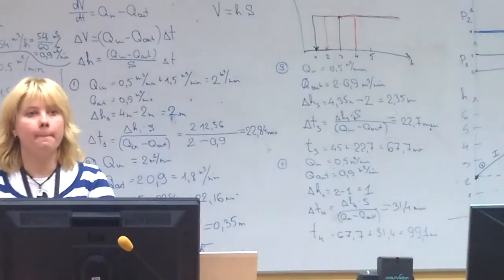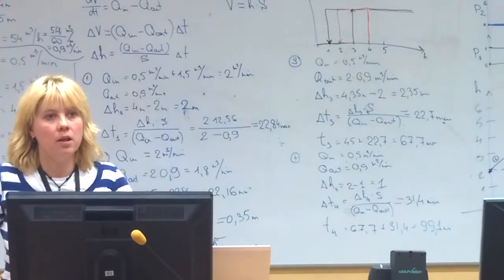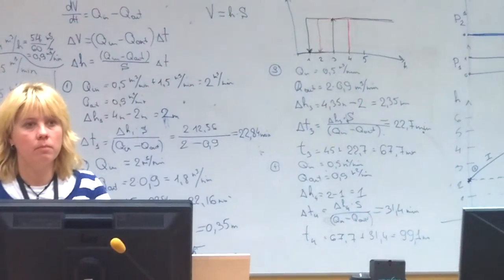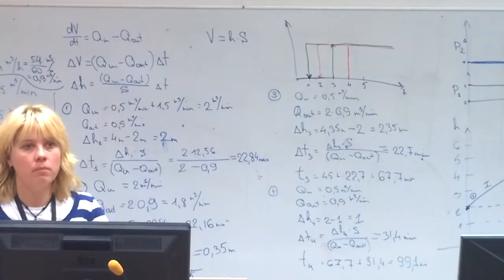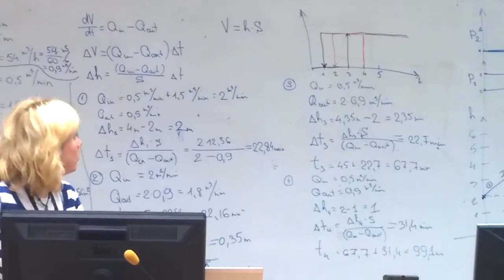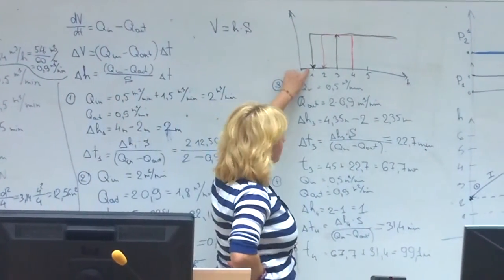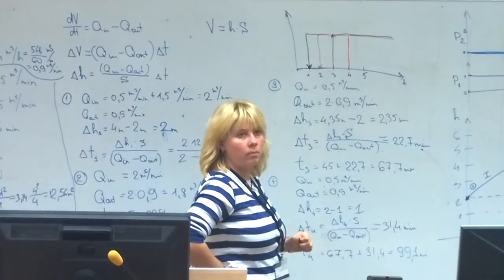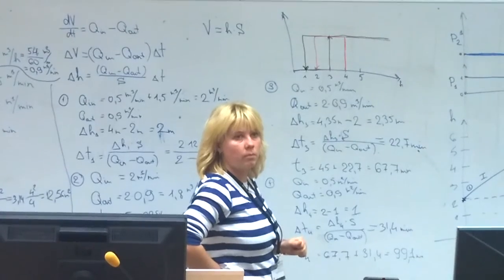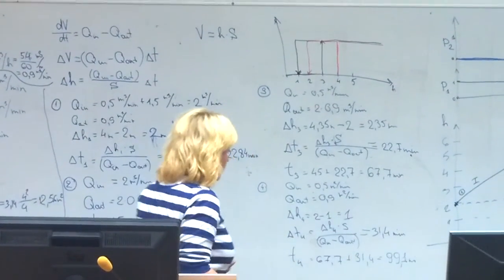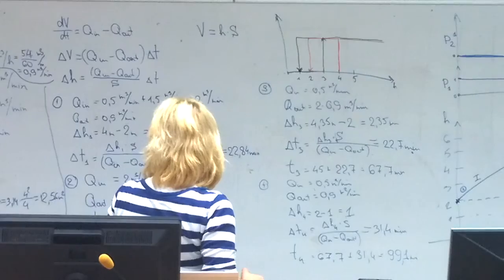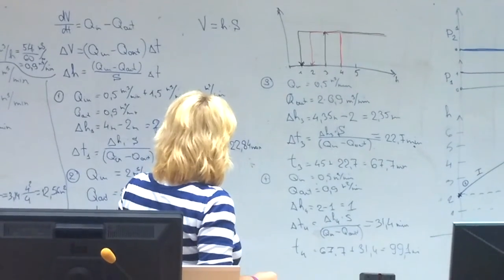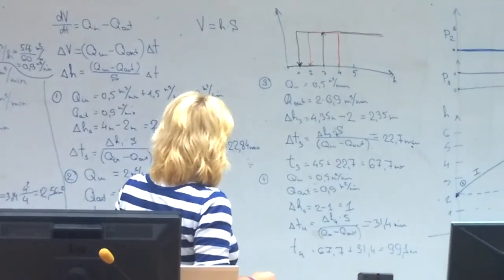Yes? I didn't get why we had to stop both pumps because the water level went below 2 meters, below 1 meter. But if the inflow is 0.5 cubic meter per minute, it's 60 cubic meters per hour. So it's a higher inflow in every case than there is an outflow. So the second pump or the first pump should